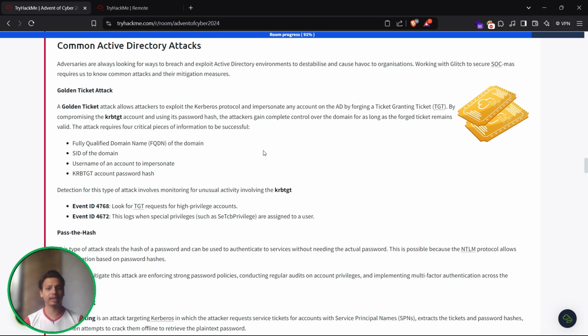By compromising the krbtgt account, it means the Kerberos ticket-granting ticket account and using its password hash. We do not have to decrypt anything, because whatever encryption is being sent to the server, it is only accepting that encrypted hash. So the attacker gains complete control over the admin and over the domain, as long as the forged ticket remains valid. If admins try to change the golden ticket passwords, then we can't forge that same ticket again